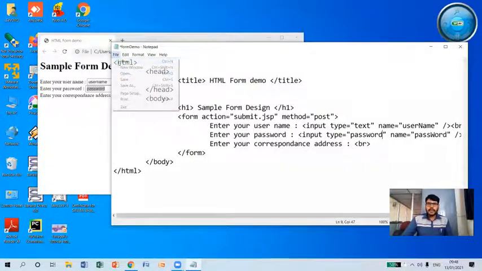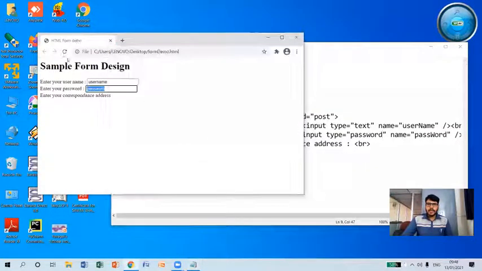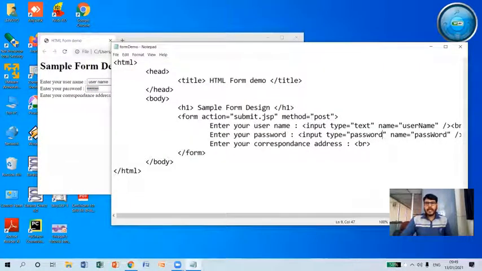Okay. And now let me save this and reload this. Now this is username. Okay. And this one is password. Now you can observe here, I am entering the password, but it is not showing me the characters. That means it is going to hide the characters I enter. Okay, so this is the use of a password field. Similarly, I can include a text area to accept an address from the user.